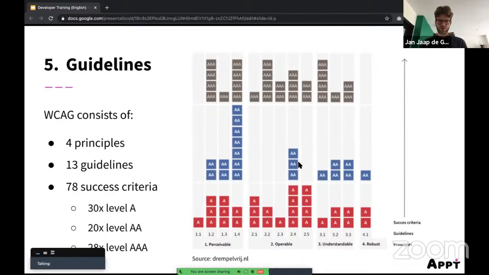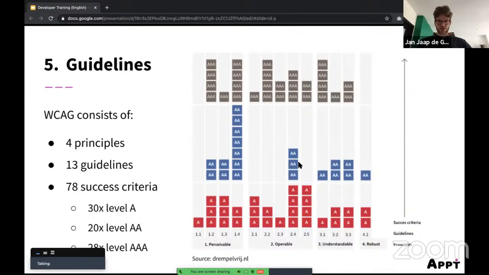Now, I would like to be a little bit short on this one, because if you're developers, you can just look at the guidelines yourself and figure them out a little bit. Soon I will show some examples of the guidelines which go wrong a lot of times, because the guidelines are hard to explain in a short time.